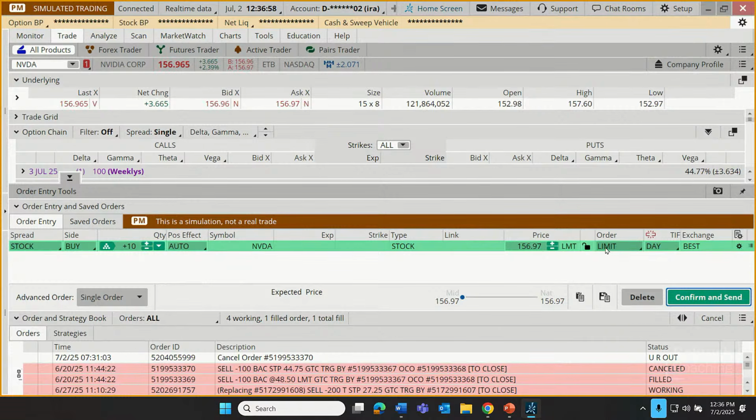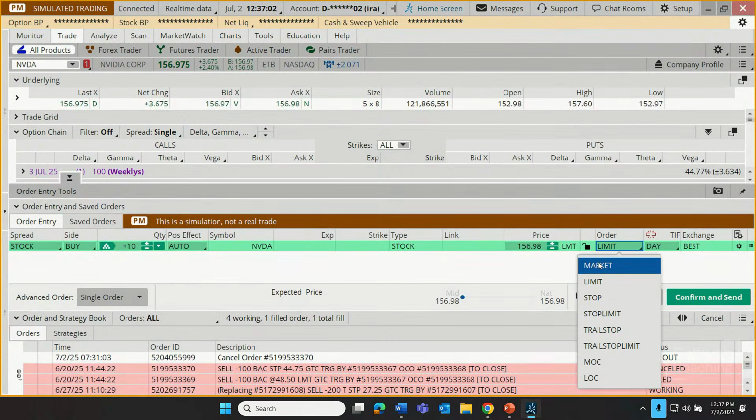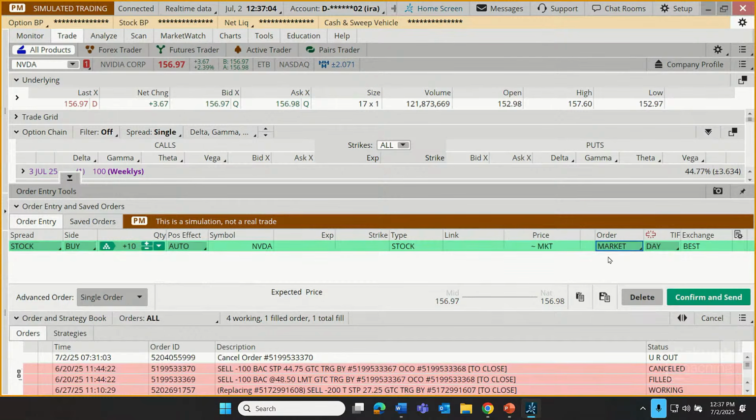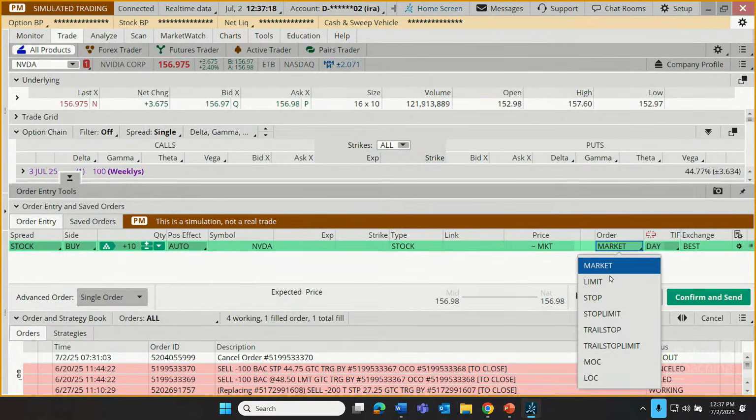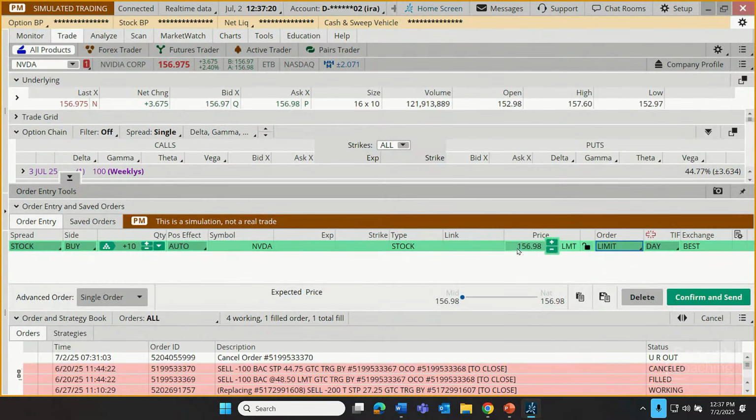Now, not every trader prefers limit orders. They might prefer to submit something called a market order. A market order means I'm willing to pay whatever the market price is. I don't care. Just get me in. Sometimes used to optimize the likelihood of getting into a trade. There are risks when doing that because we don't know how much we're paying for the stock. If we want to limit how much we pay, maybe we set a limit order.